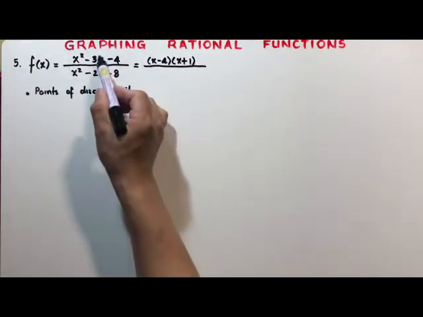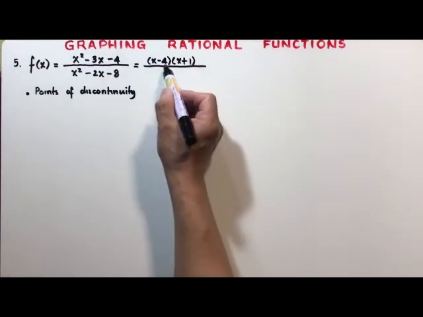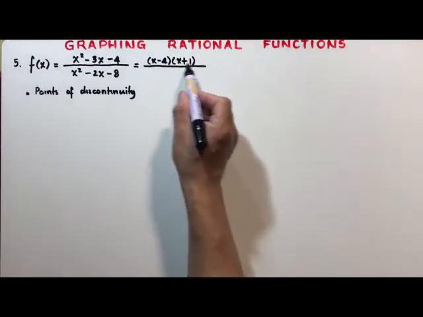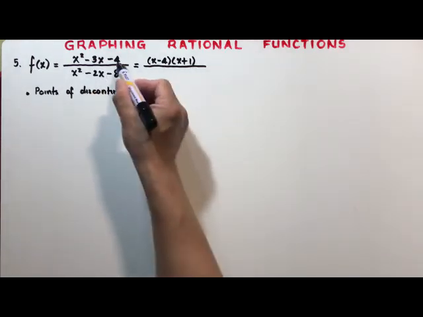And to get the middle term, it is the sum of the products of the inners and the outers. So negative 4 times x, that is negative 4x, and x times 1, it's x. So adding them, x plus the negative 4x, that is negative 3x, and negative 4 times 1, that is negative